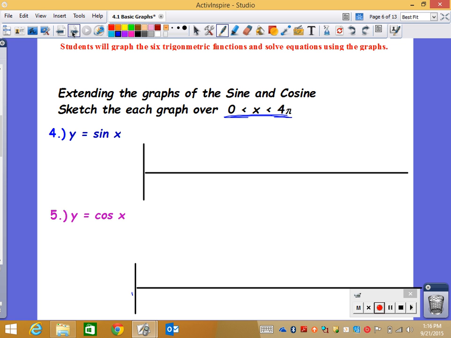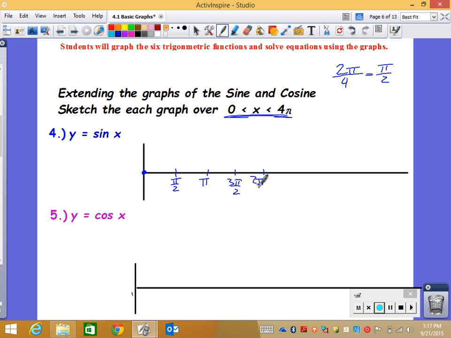So we take our period. Remember, our period is 2 pi, and we want to graph 4 key points that are equal distance away from each other. So we're going to divide it by 4. So our key points are going to be pi over 2 away from each other. And we always start at 0, x equals 0. And now at pi over 2 is going to be my first key point. My second key point is going to be another pi over 2, or pi. Then 3 pi over 2. And then 2